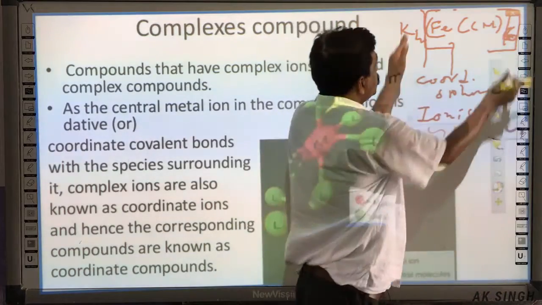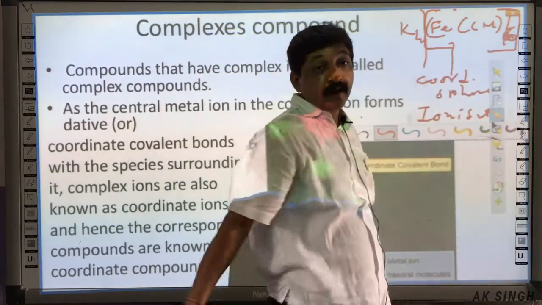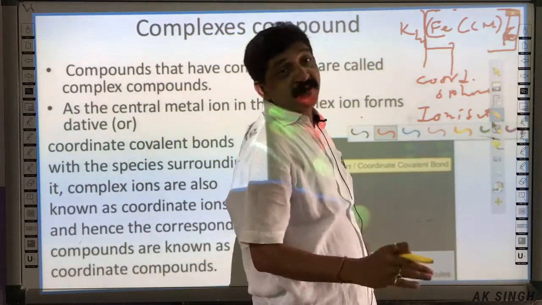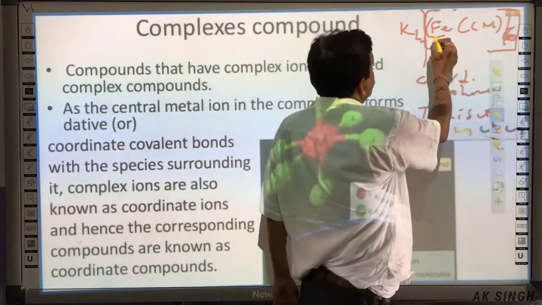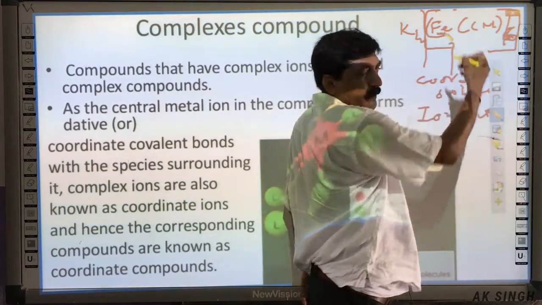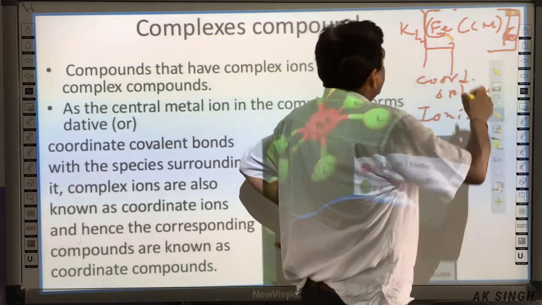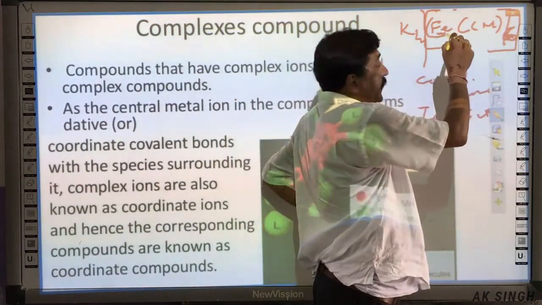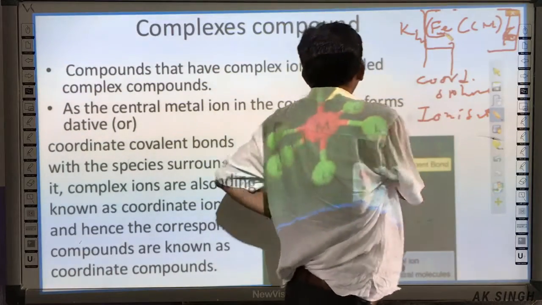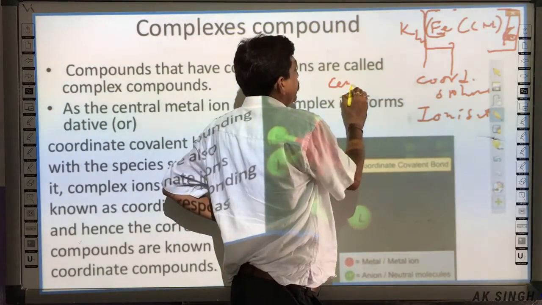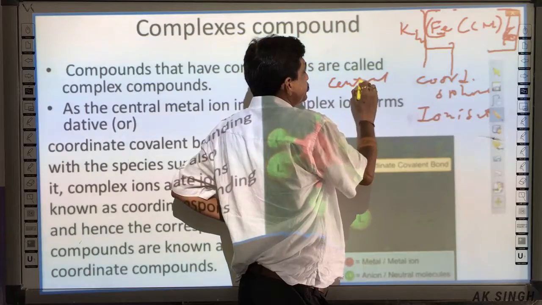Now, we will come to the coordination sphere. What are the substances or species present in it? One is this. It may be different. Maybe scandium, maybe copper, maybe nickel. This is one of the transition elements and acts as the central metal atom, the central metal atom or ion.